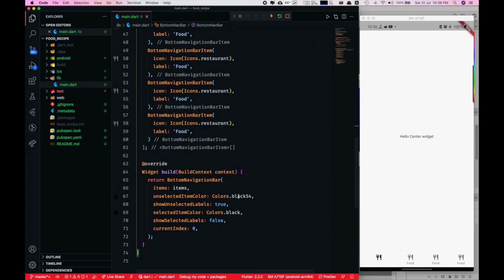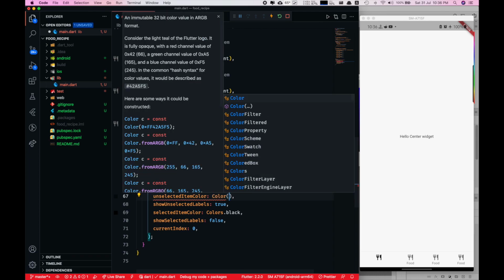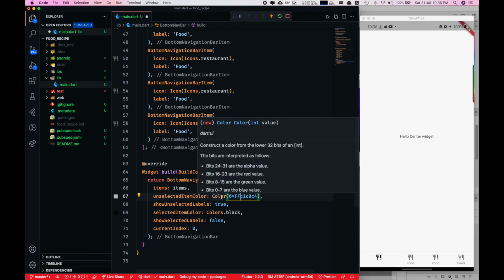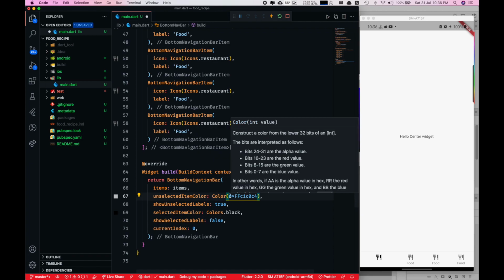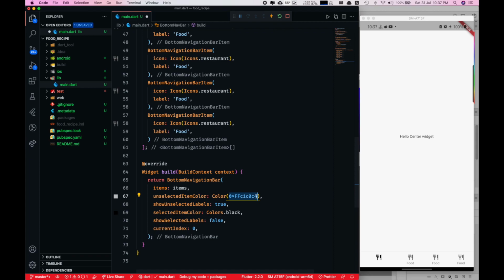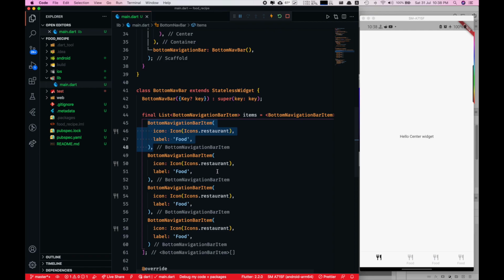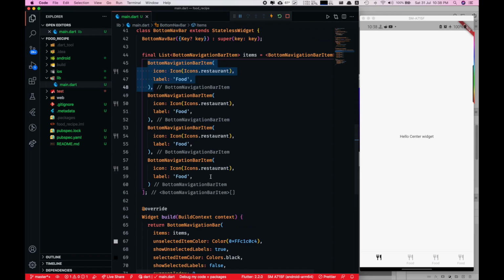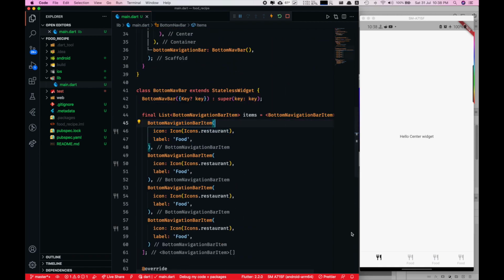Paste this code for the unselected items color, and then we need to pass a hexa color here, and that will be an integer. So we have to pass an int value, which is an integer value but in hexa form. These are unselected and this is selected. So now we have items in the bottom navigation bar, and for